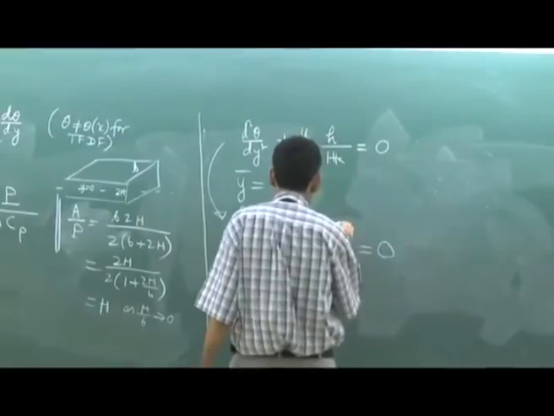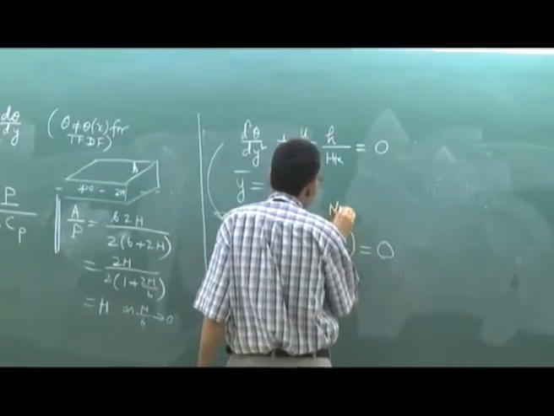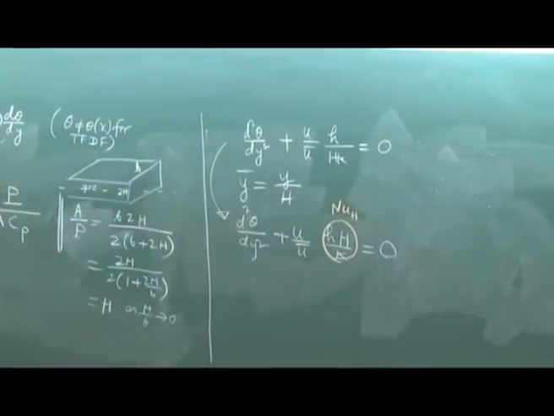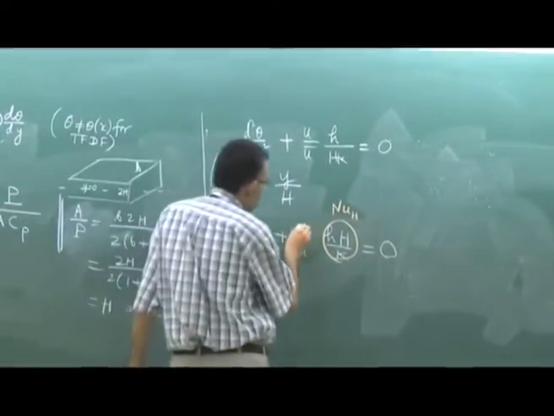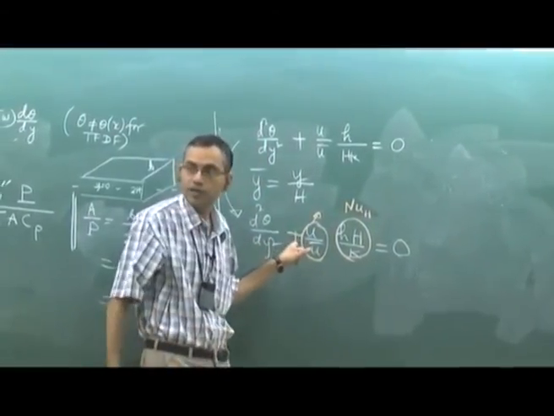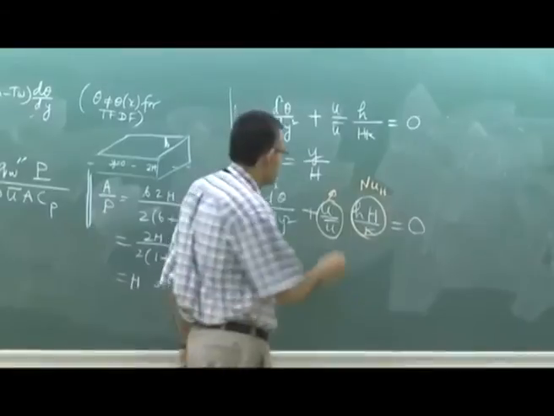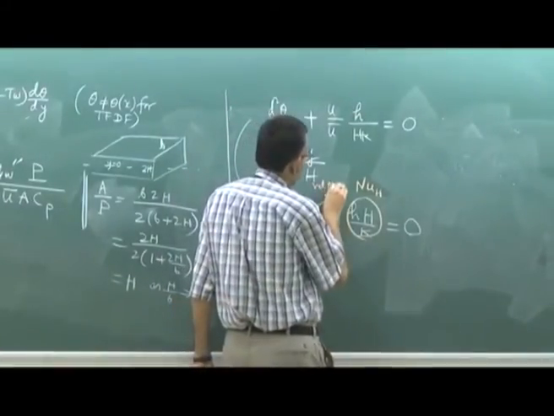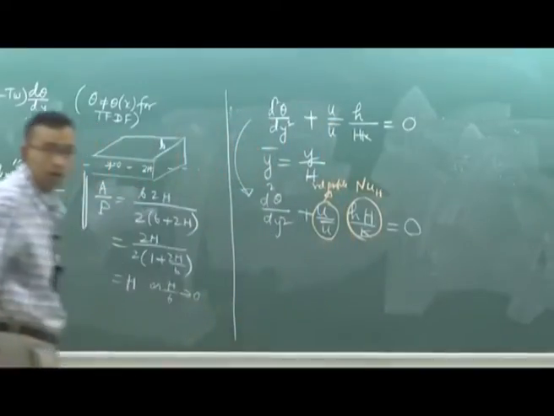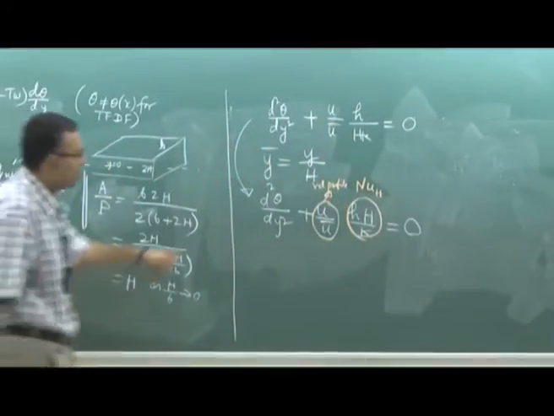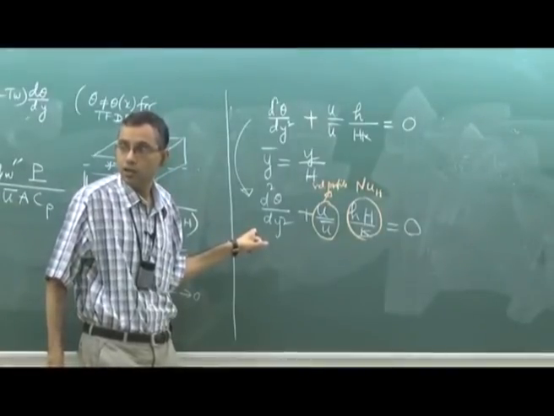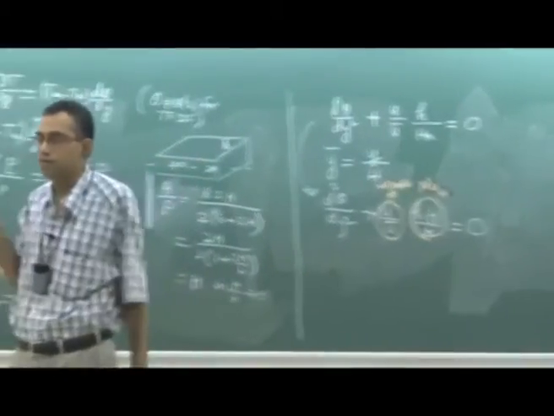So in a non-dimensional form this becomes what? This is the Nusselt number based on h, and what is this? This is the velocity profile. This is where fluid mechanics comes into the heat transfer calculation. So the answer how theta will vary with y will depend on what? Will depend on the velocity profile.